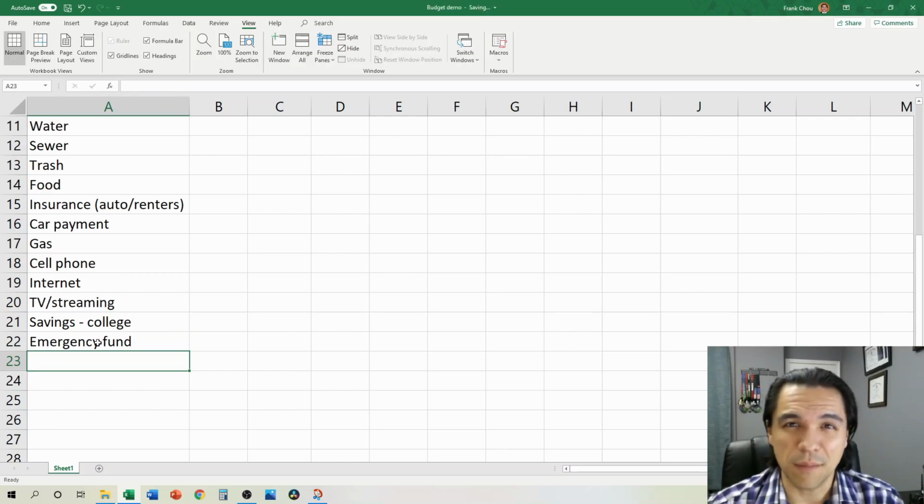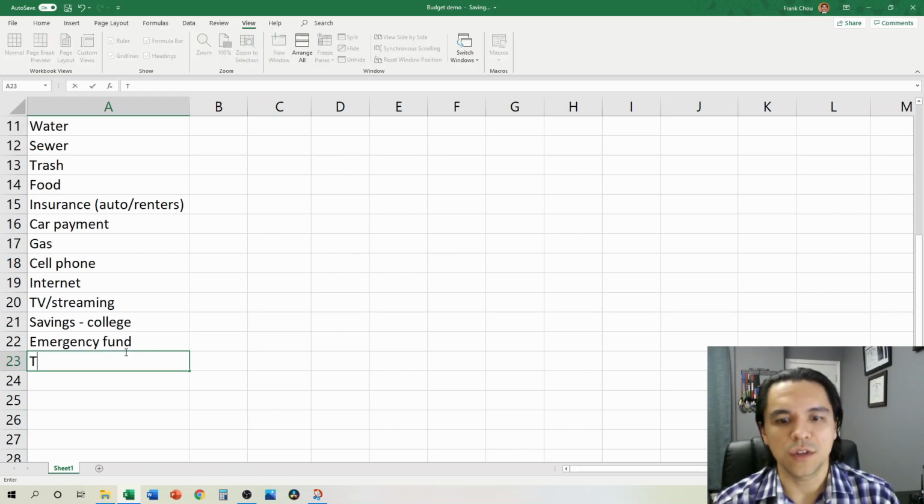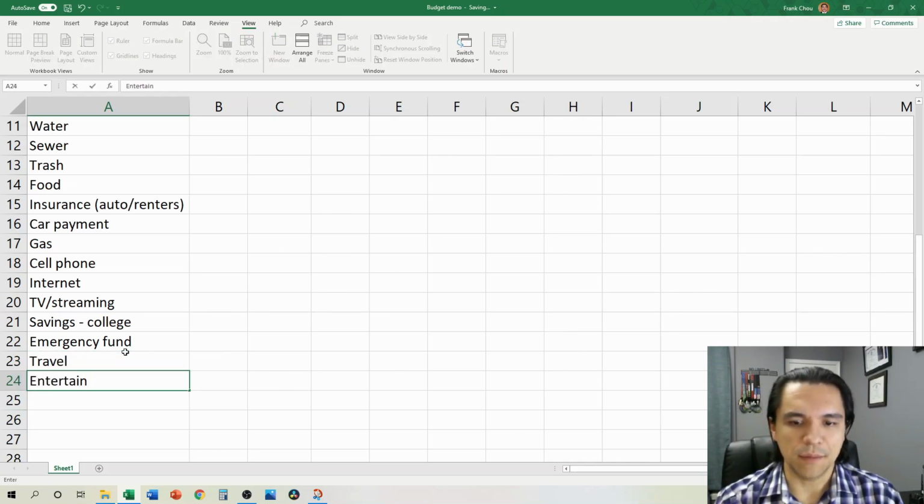Maybe you want to have a set amount, $50 a month, that goes into there until you can build it up into the amount that you want to see. And then finally, let's add the more discretionary type categories. So this is where I might say travel, entertainment,